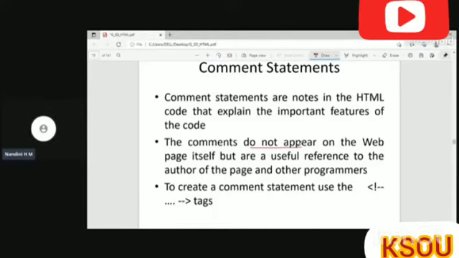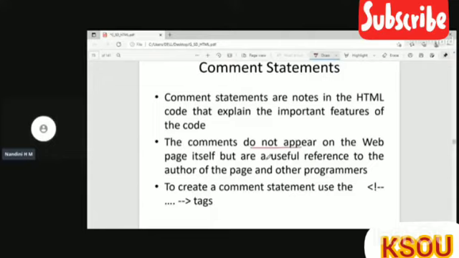Suppose you are working for a company and you have created a web page. After a particular period of time, you will quit that job, right? And someone will come and occupy that space. When he opens that web page, within a single glance, he will not be able to understand. But when you have written certain comments about why you have used a particular tag or what you have done, it will make him understand that coding part.